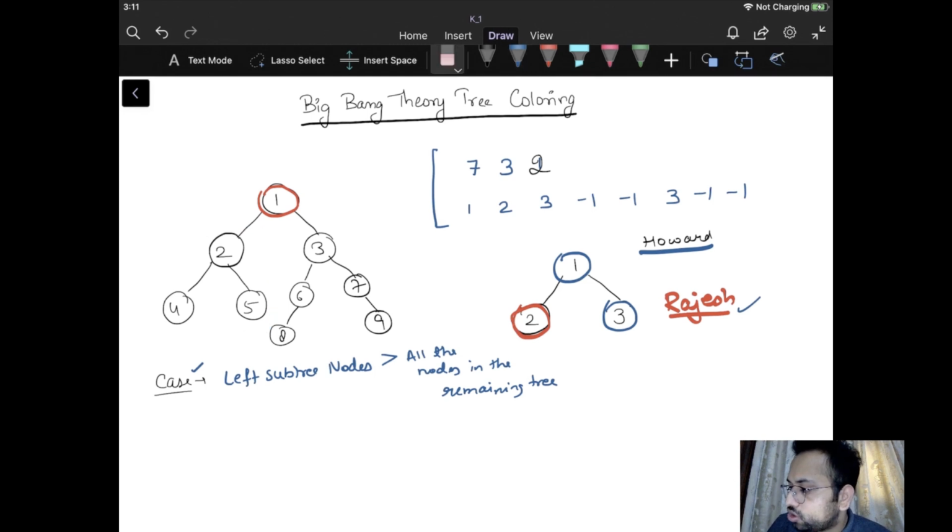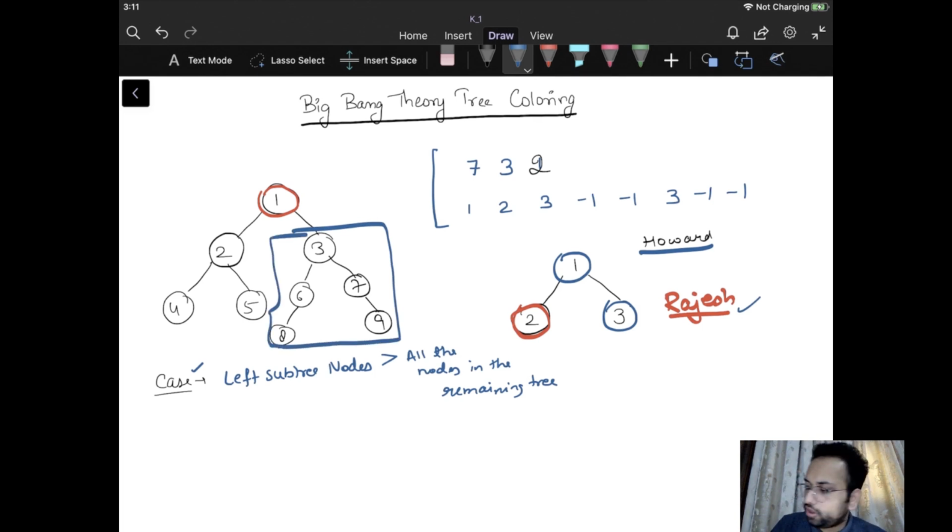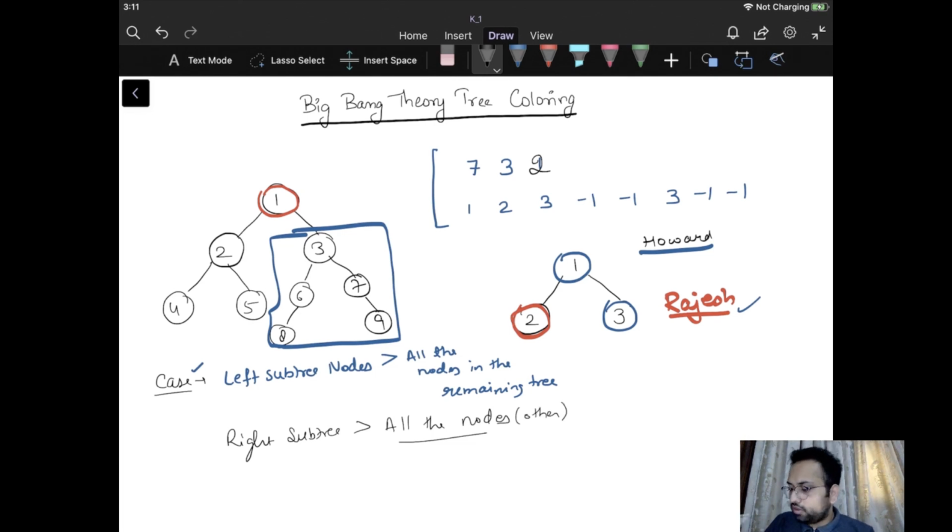The next thing I'm going to do is check whether the right subtree contains more nodes than the remaining tree. You can see there are 5 nodes in this right subtree, and there are 4 in the remaining tree. So I'll choose this particular node, and then I'll win.